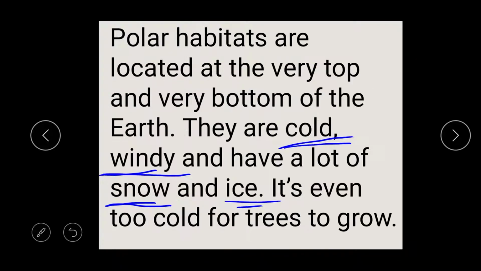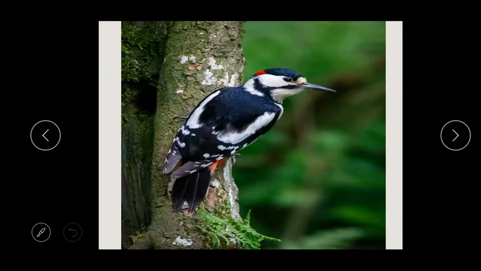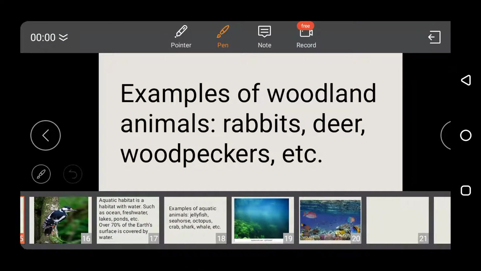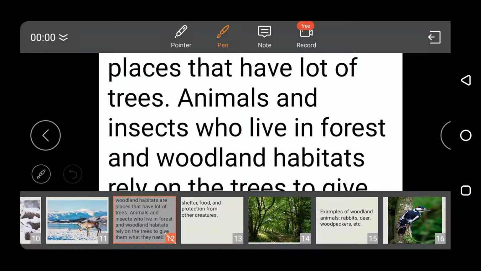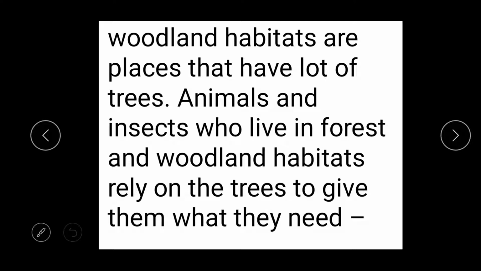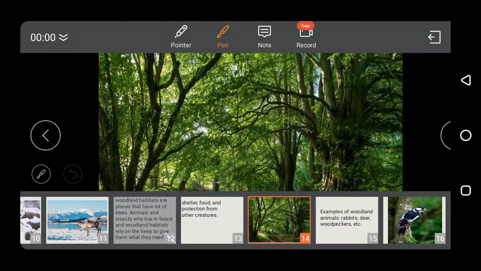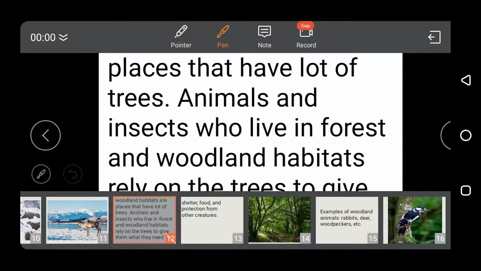Okay, the woodland or the forest. So the woodland habitat are places that have lots of trees, as you can see in the picture. Okay, they have lots and lots of trees.